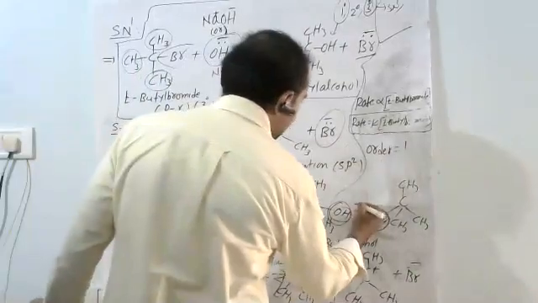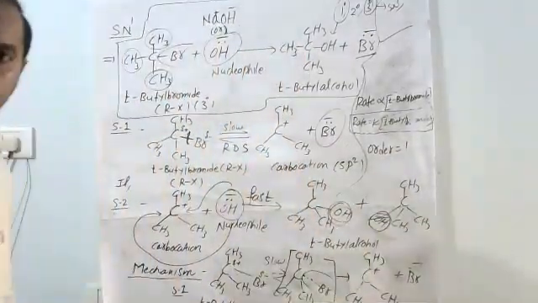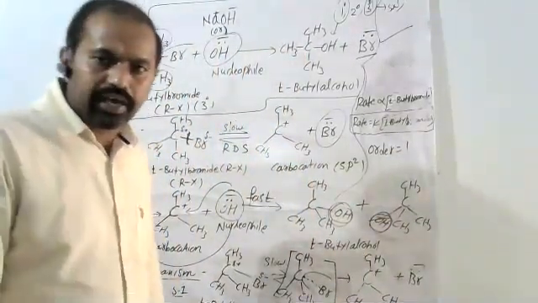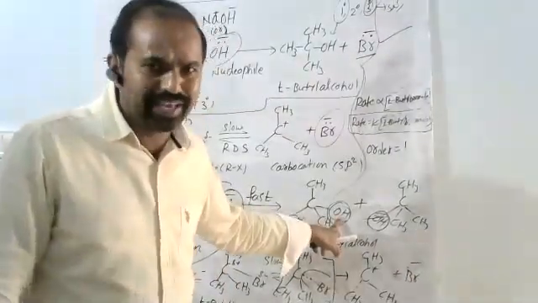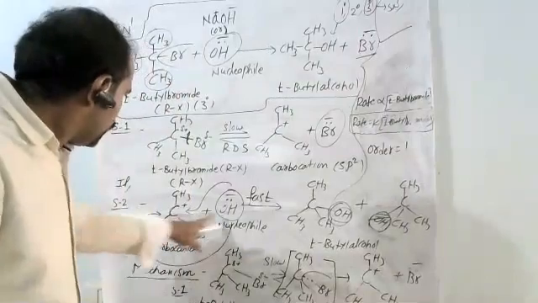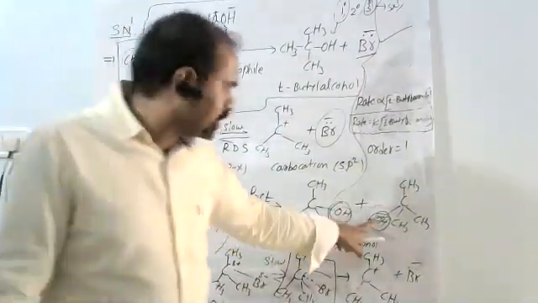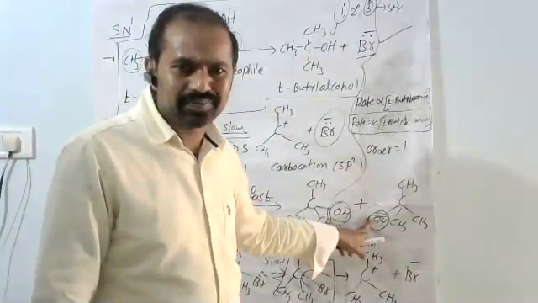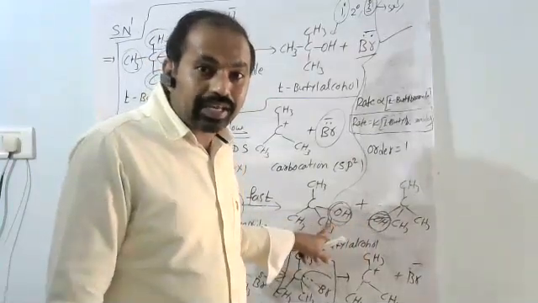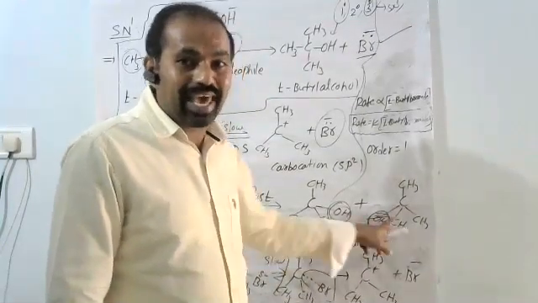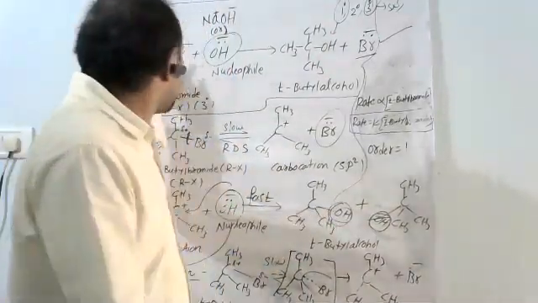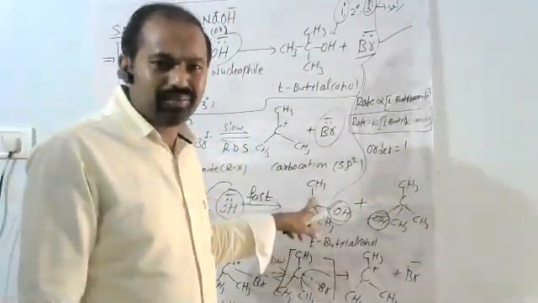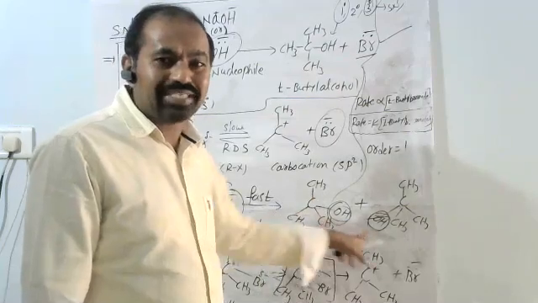See this mixture. Here two products are possible. Due to front side attacking, OH is formed here. Due to back side attacking, OH is formed here. If one is the D form, the other is the L form. For example, it is an optically active carbon, so the other is also an optically active carbon. It is a D form, so the other is an L form.